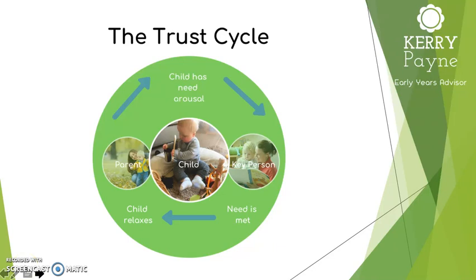It's really important that the trust cycle is used to support people to develop good enough caregiving. So it isn't about blame to parents or to key people. It's a reminder that if needs are met in a consistent time frame, then that is going to build children's trust, which is going to support them to develop a healthy attachment style, which will help them in their later education, life and social experiences.